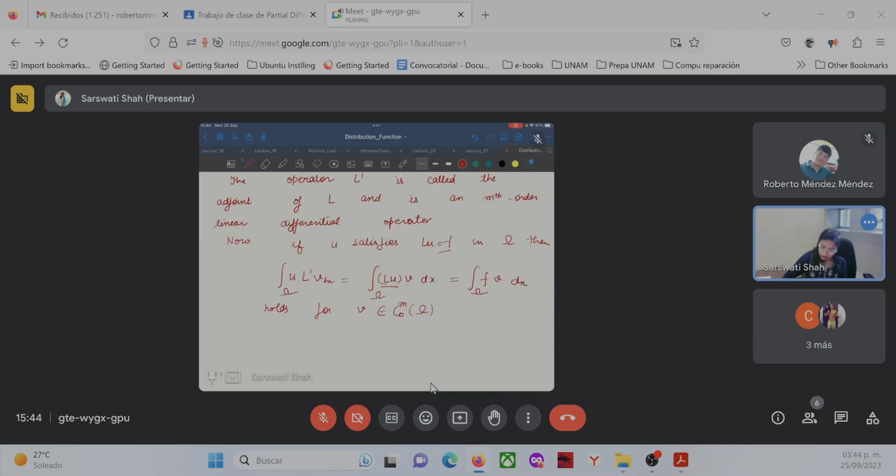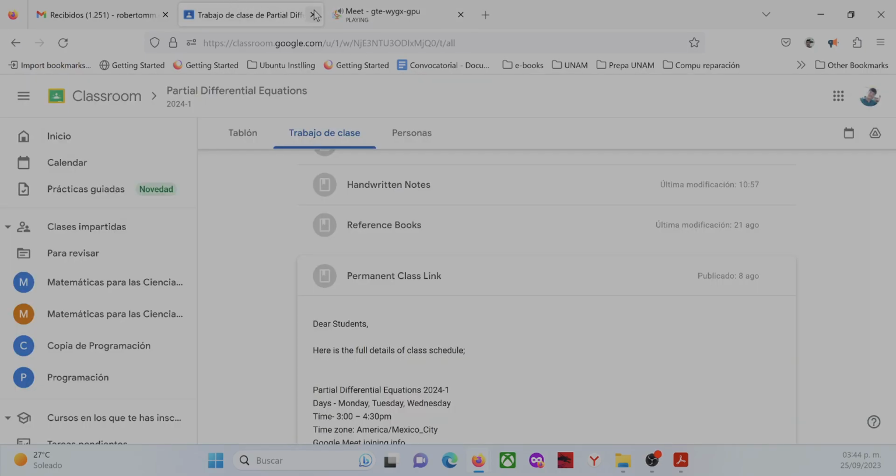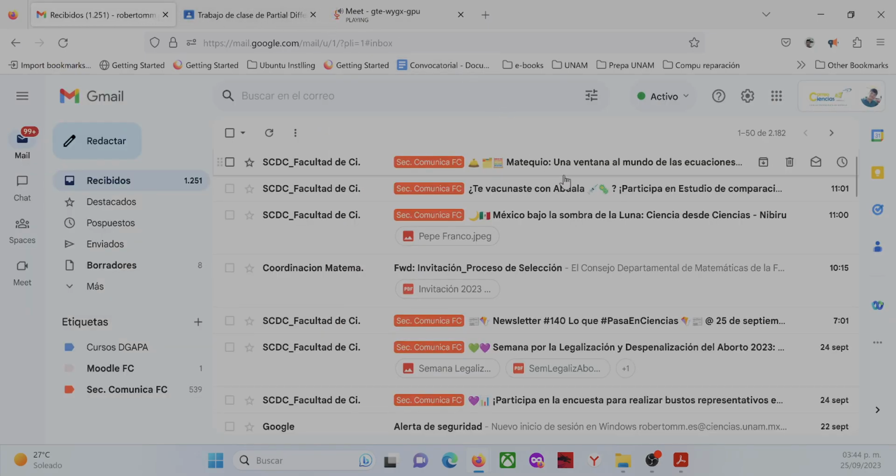So what condition is required? Only u and f need to be integrable